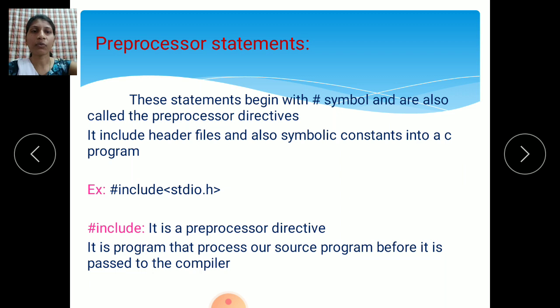So whatever code you have written in English-like language, the compiler will translate into a machine-understandable format, binary coded format, meaning 0s and 1s. The source program is whatever code you have written. Before it is passed to the compiler, the preprocessor processes that source program. That is the work of the #include preprocessor directive.